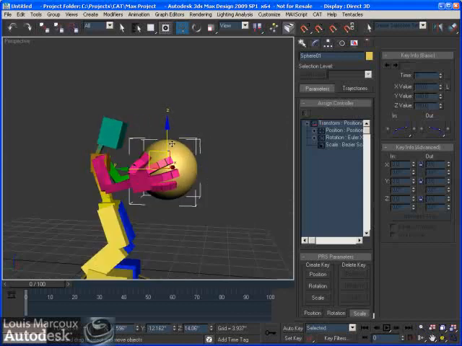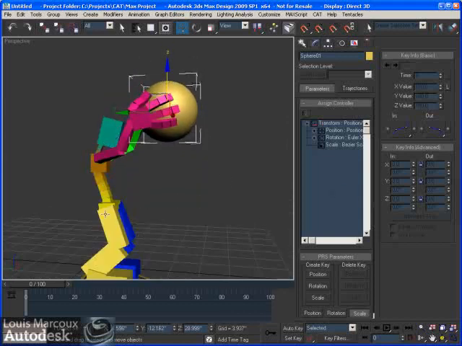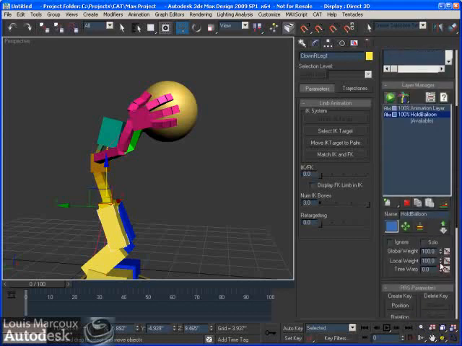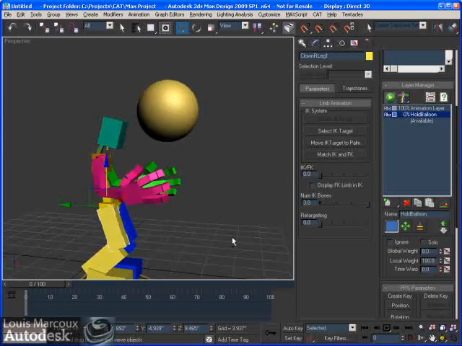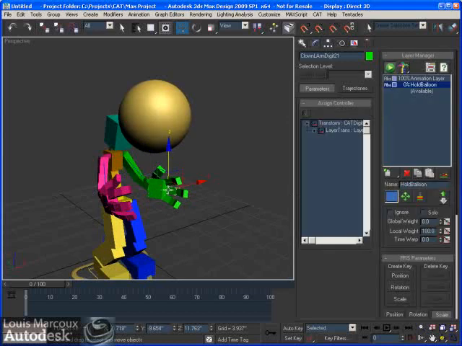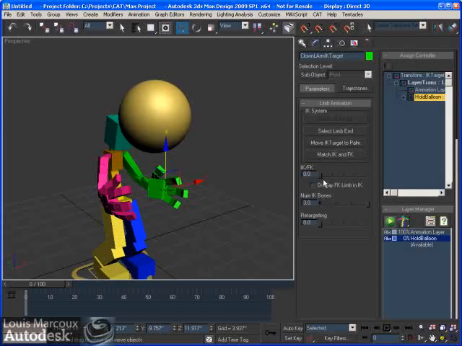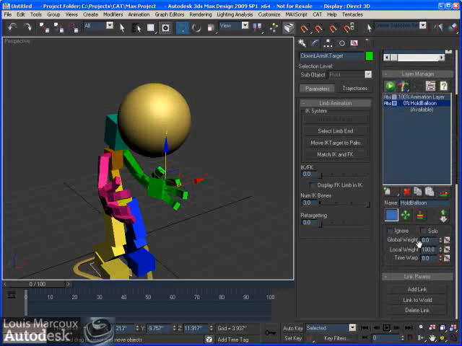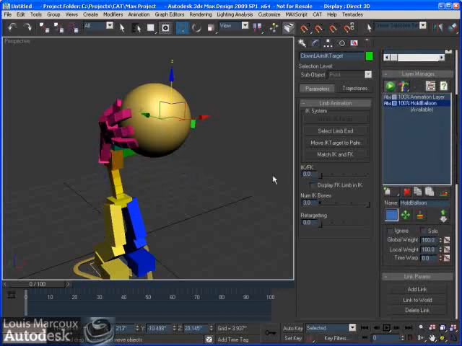If I move this up like so, and I go back to my rig and reduce the balloon effect, you'll see that it's going back to its original. And even so, if I grab the IK target here, I can reduce and go back to the FK chain if I want to. So that's the idea here. So let's go back to full IK here, to the full effect of that layer,